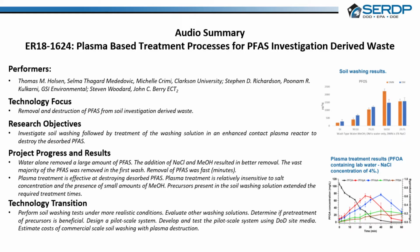In our soil washing experiments, the addition of methanol increased removal. Statistically, across all of the compounds we analyzed for and across all of the IDWs, the highest removal occurred with a mixture of 50-50 methanol and water. We also investigated how salt content impacted removal using 50-50 methanol solution and found that 1% sodium chloride by weight